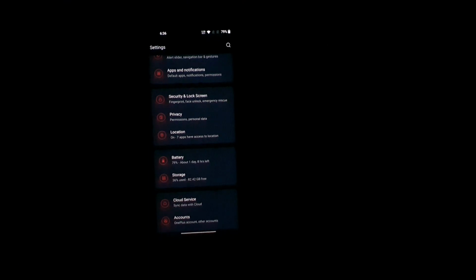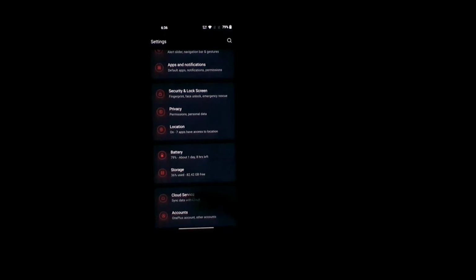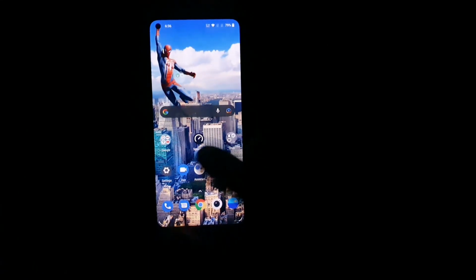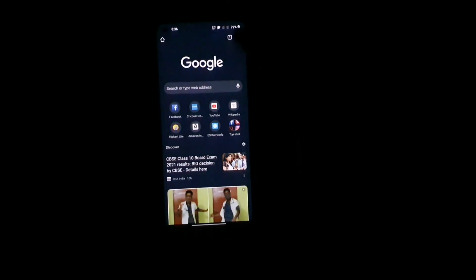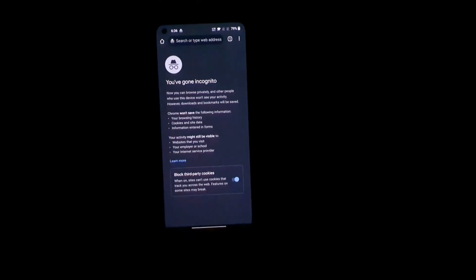Make sure to comment below, friends, if you are able to identify the green tint, because for me, every time I make a video on the green tint issue, my eyes always go into the green tint only. Sometimes it's very hard for me to identify. So make sure to comment below in case you see any kind of green tint happening.